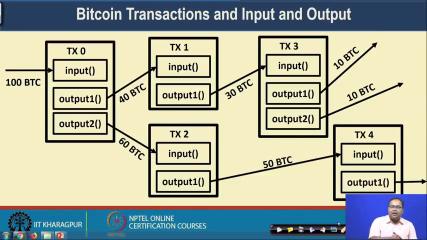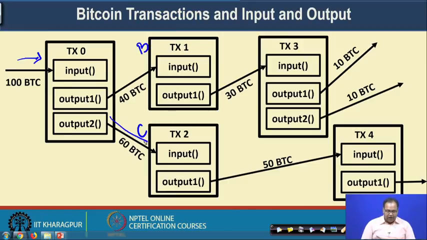Say one user, Alice, has received 100 Bitcoins. Once Alice has received these 100 Bitcoins, out of them Alice sends, say, 40 Bitcoins to Bob and 60 Bitcoins to Charlie. So, in that case, this particular transaction has one input which is coming to Alice from someone else and has two outputs. One output is going as the input of Bob and another output is going as the input of